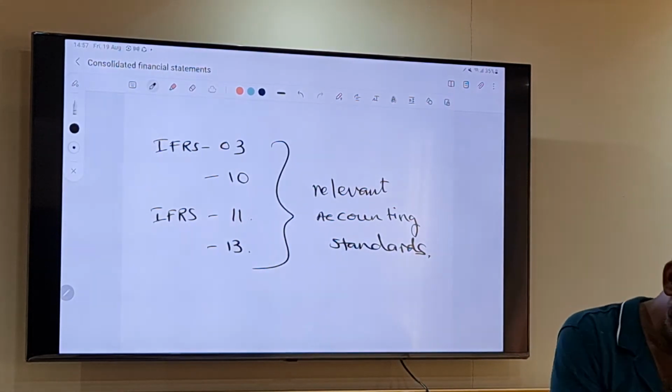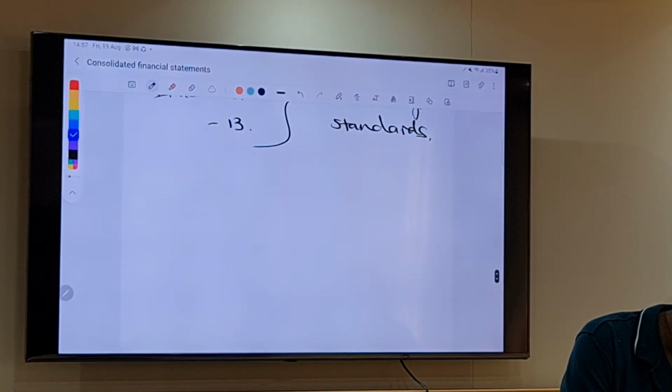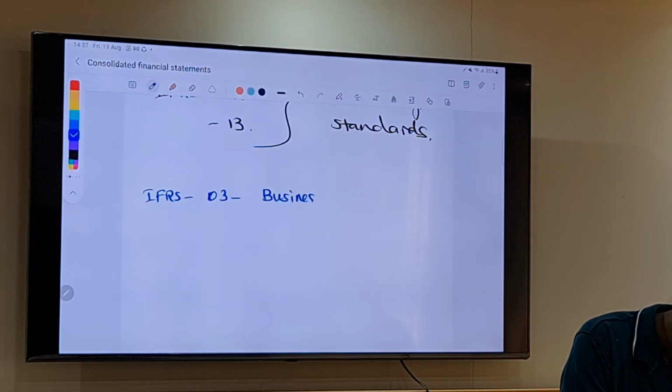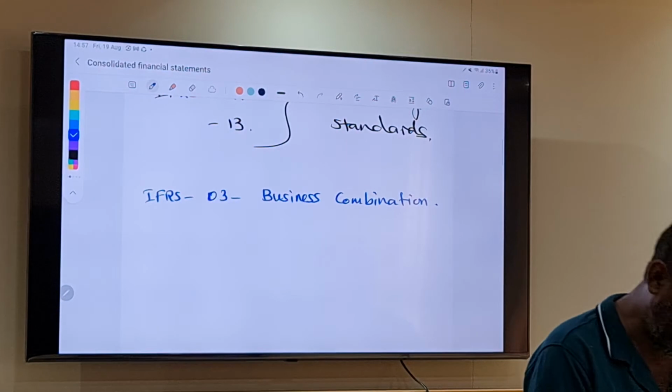IFRS 3, the name is business combination. And then IFRS 10,